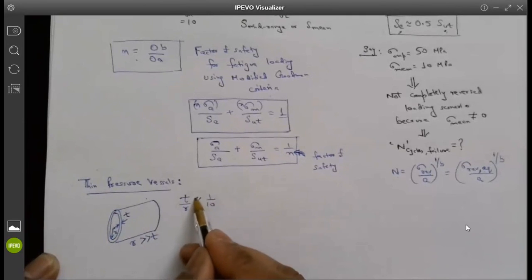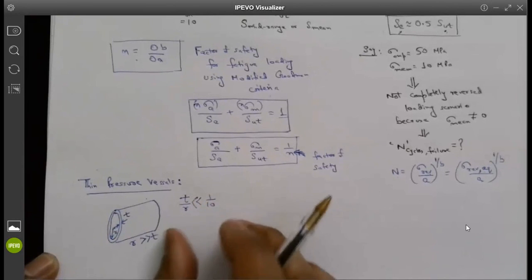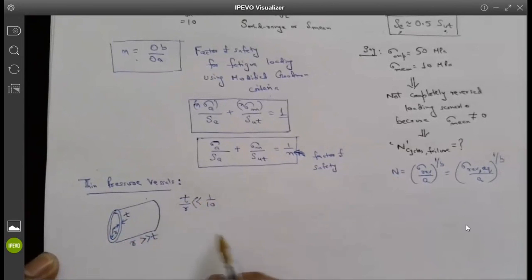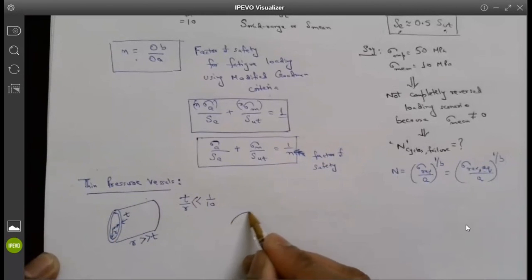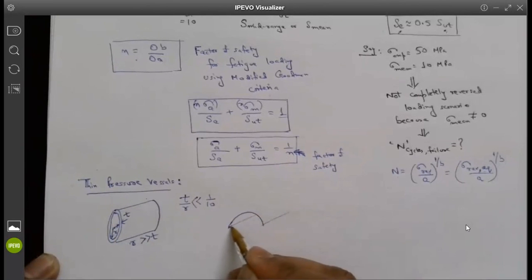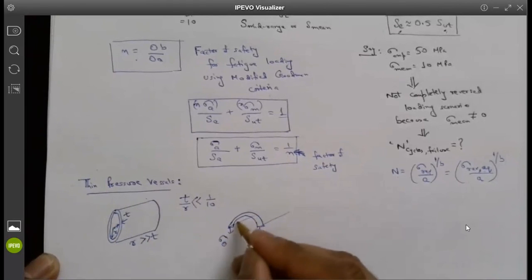That's basically what we consider thin pressure vessels. Generally, we consider this type of vessel as a thin pressure vessel. If it is pressurized from inside with a gas, there are two types of stresses that will come. If I take a section here and split the cylinder in half, you'll see that there will be stresses in the material, which we call sigma circumferential stresses. And there is pressure acting from the inside, the gas pressure.